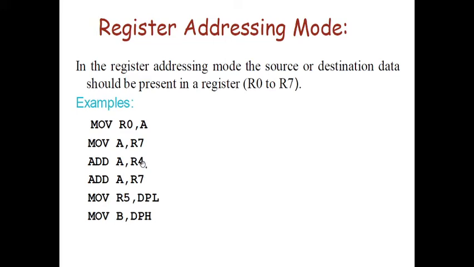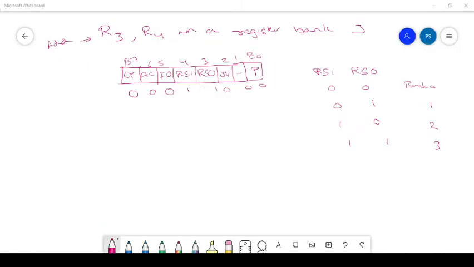Now we'll see how to select the particular register bank. We select the register bank by specifying bit 4 and bit 3 of the program status word in the 8051. As you already know, the program status word has the following bits: carry, auxiliary carry, a user flag, register bank select 1, register bank select 0, overflow and parity flag.